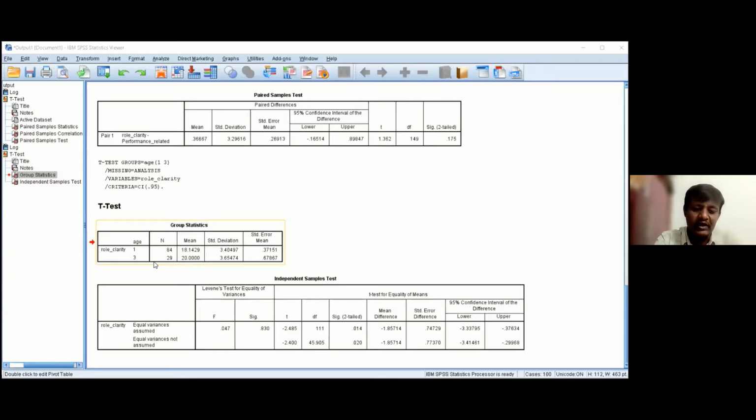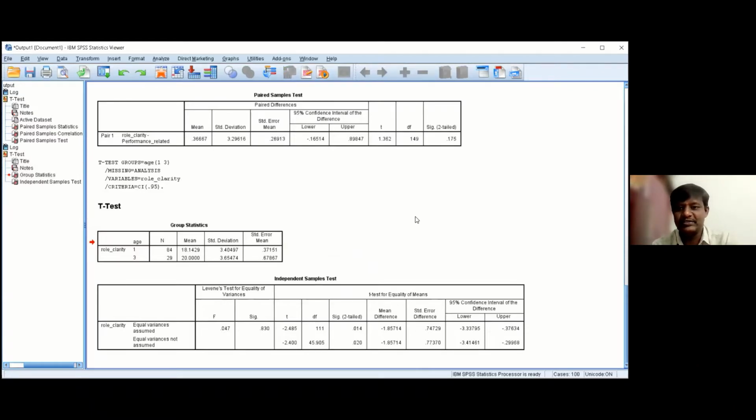Instead, if you have more groups in your nominal variable, then we have to go with one-way ANOVA kind of statistical tools. So we need to keep that in mind while selecting the nominal variable for the t-test. Okay, so this is the independent samples t-test.